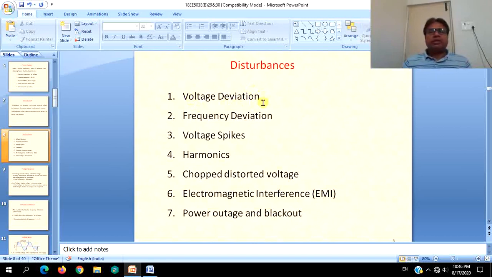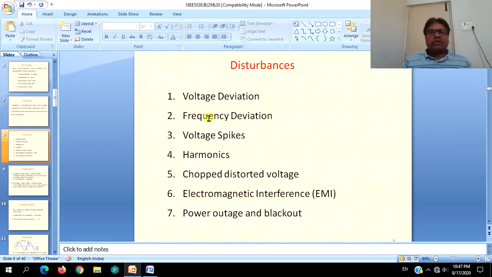Voltage deviation: take the case that if you want your single phase voltage to be 230 volts, due to these disturbances there may be voltage deviation, again for smaller or longer duration. For some time it may be 240 volts or 231 volts, or even lower, like 220 volts, 210 volts or 225 volts. It can be anything. So it is not like it abruptly increases and stays there for a very short time. It is a deviation which continues for longer times. That we will be discussing.